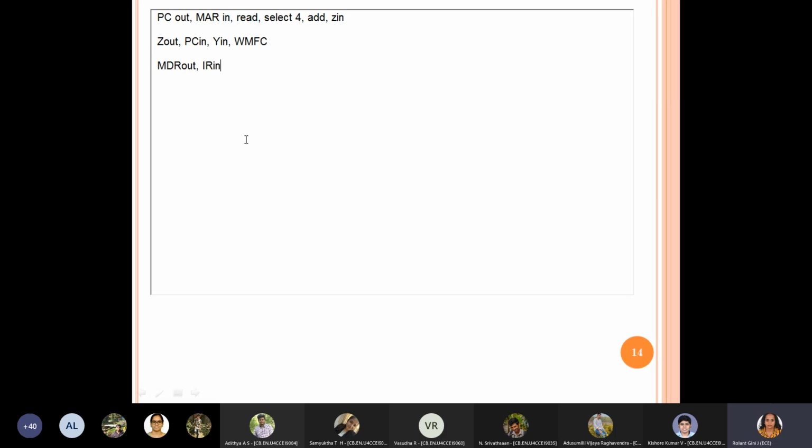Okay, that will be the only difference. Once you wait and you get the data from the memory, you can directly go for enabling the next register value, add it, and then store the value, whatever we discussed in the previous slide. Okay, so now we go for the complete execution we see.